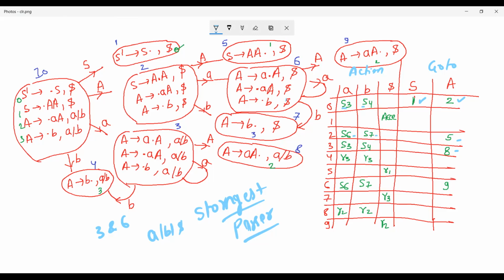Now, similarly, state number 4 and state number 7. We are going to merge state number 4 and state number 7. Now, in the similar way, state number 8 and state number 9. These states are going to be merged. So, I'm going to share a diagram of the new table that I've already created. And you can see the changes in the LALR table. Fine. So I'm going to share the diagram.